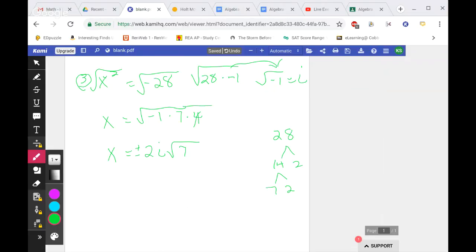And then look for, you know, in order to be a square root, you'd have to find a pair, right? Because a pair makes a perfect square. So that's 4. So that's 7 and 4 underneath. So all I've done is factor what's underneath the radicand to be -1, because I want to pull that out, because that's going to be the i part. And then 7 and 4, because I know 4 is a perfect square, and I'm looking for every perfect square that I possibly can. I could have written it like this: -1 times 7 times 2 times 2. And anything that repeats can come out, and then this can come out as the i. And anything else that does not come out from underneath the radicand, because it's not a perfect square, has to stay in. And it's plus and minus